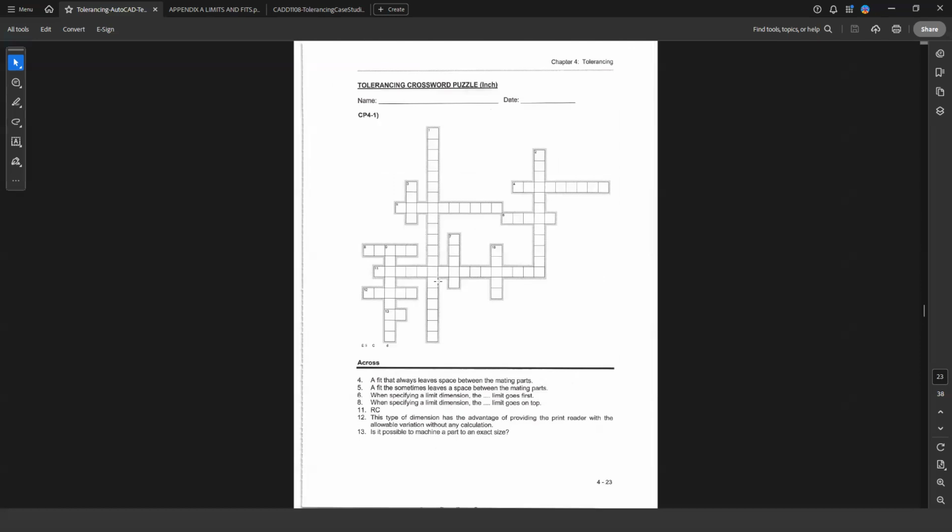These would be great. I'm not going to make you do the crossword puzzles. I should make you do the crossword puzzles, but